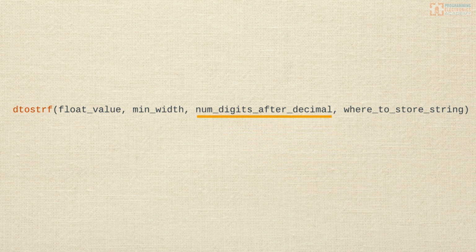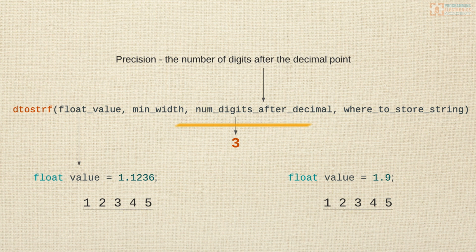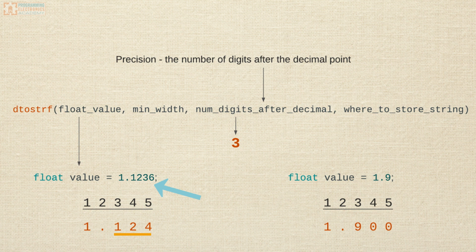The third argument passed to dtostrf is the precision. This is the number of digits that will be in the output array after the decimal point. So if you have a floating point value and it's got a bunch of digits after the decimal point, but the precision number you pass is smaller, then dtostrf is going to chop off all the rest of those values and it is going to round that last value so that it only shows the number specified